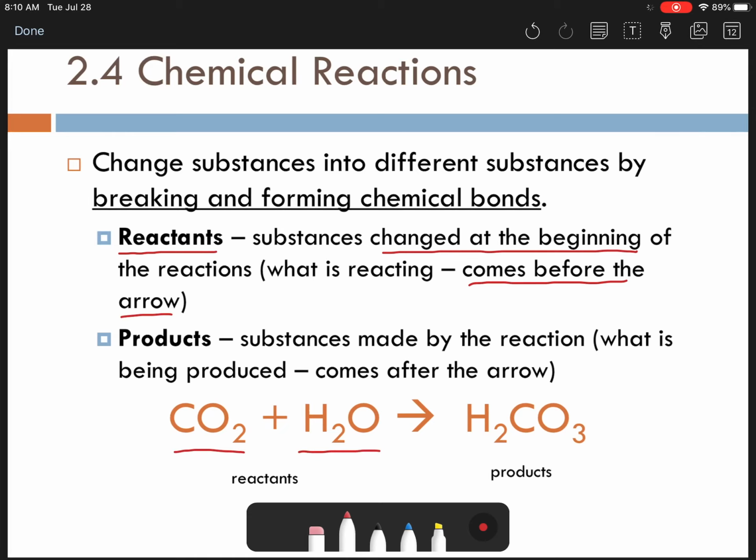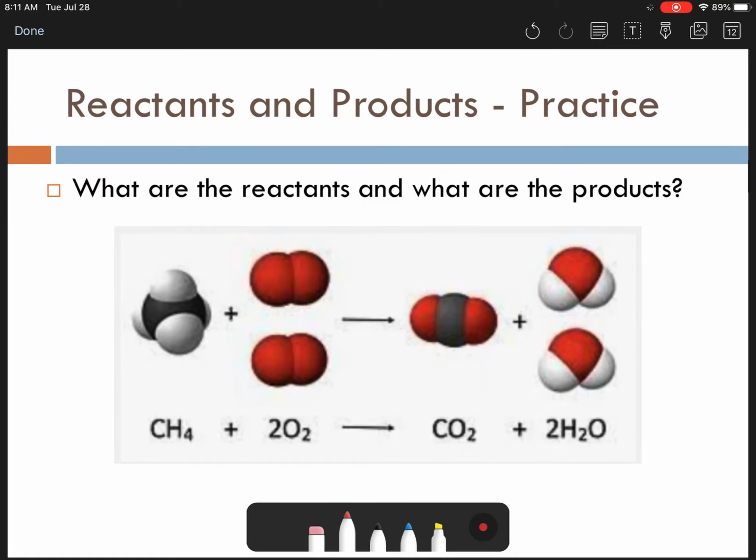Okay. Products are substances made by the reaction. It's what is being produced. That's why it's called a product. It comes after the arrow. So here's your product right down here. Because you're always looking at where the arrow is, anything that comes to the left of it, in front of it, is your reactants. Anything that comes after it is your product or products. All right? So always keep that in mind as you're looking at different